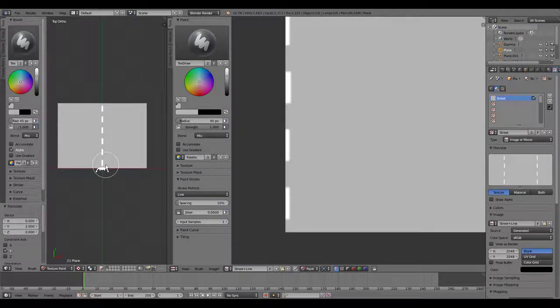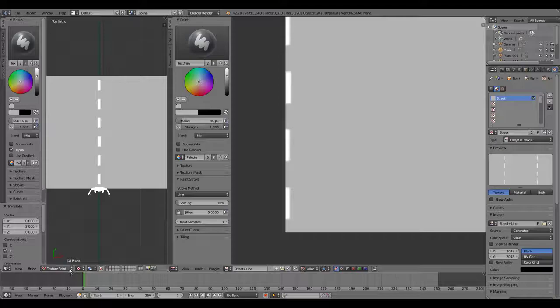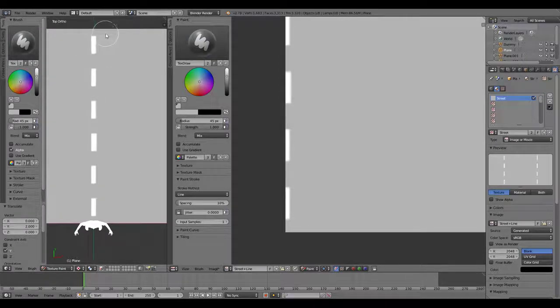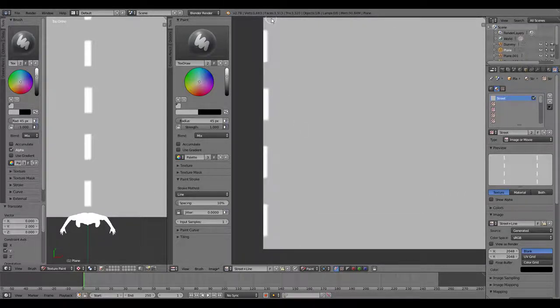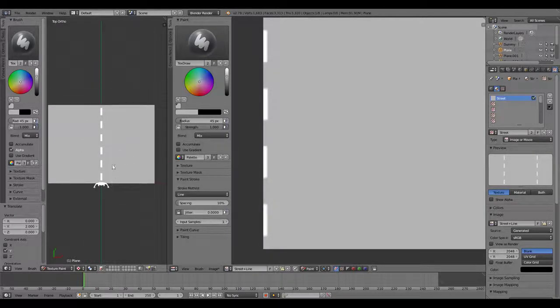It's not perfect, not at all, but we can always adjust that. We can always do this and drag a line straight down, or at least as straight as possible, and that will make everything look a lot more straight. We can also do that here on our object right here. So if I take this and I go straight down, if I can see that it is straight down, like so, you can see that it's more of a straight